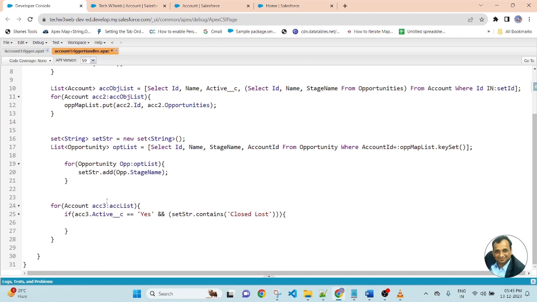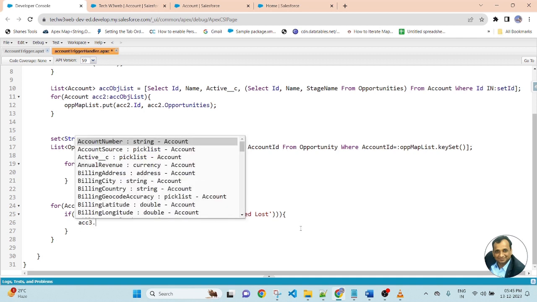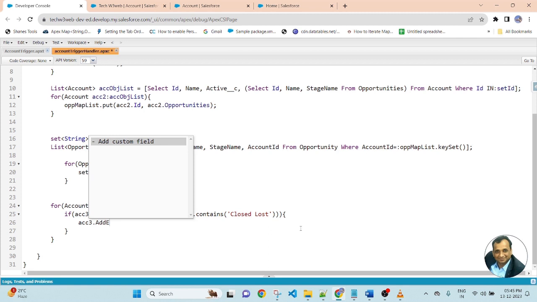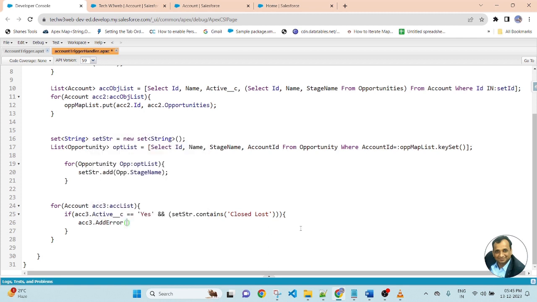So here we will add an error message, account3 dot add error, bracket. Here we will pass the error message: related opportunity has a closed lost.